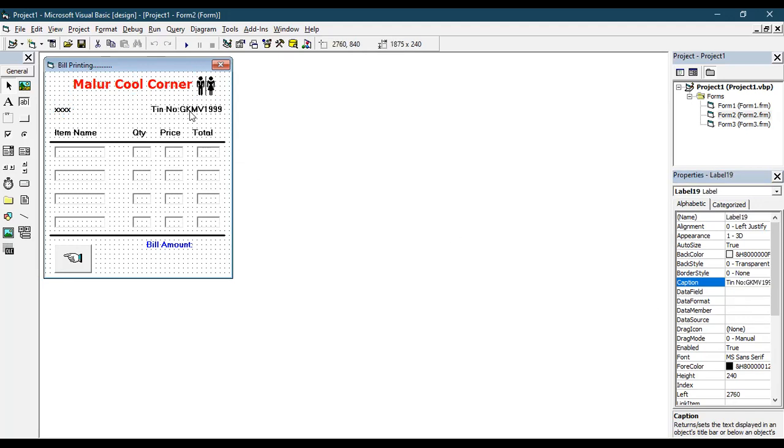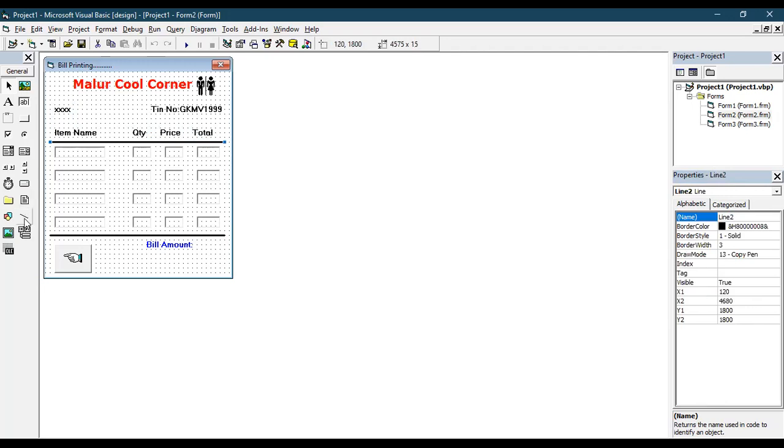Okay. Then this is the company number, TIN number, registered number, some number you type. Put one label and type some number. Okay. So this label you are placing, caption is XXX, but name of that is going to be LBL date. Then design like this, one item name label, one more label, 3, 4 labels. For this and all, no need to change any of the label name. Draw one line. I think all of you know, when you take this picture line object and draw, you will be able to draw a line.